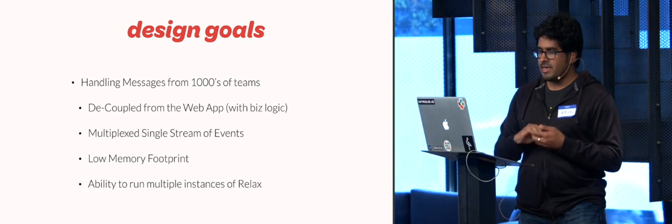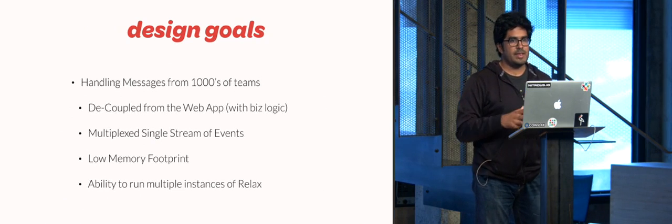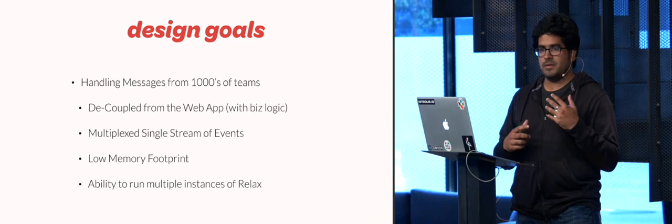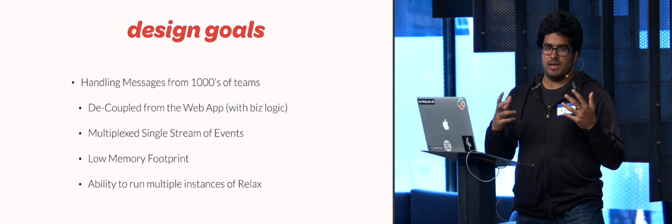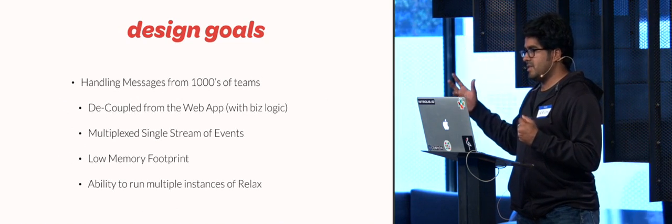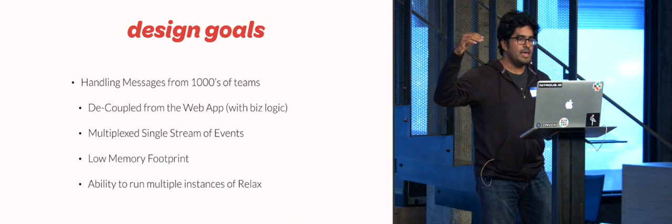Having dabbled with Go in the past, this seemed like a problem that Go could solve pretty quickly because basically you can spin up a Go routine for every team that signs up,